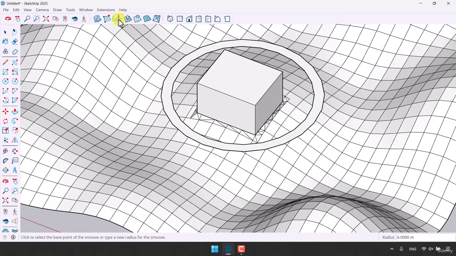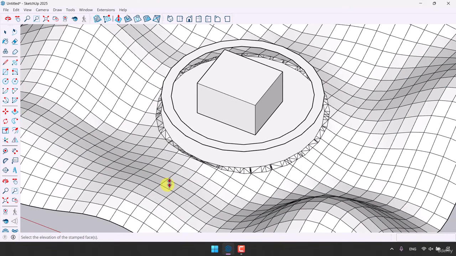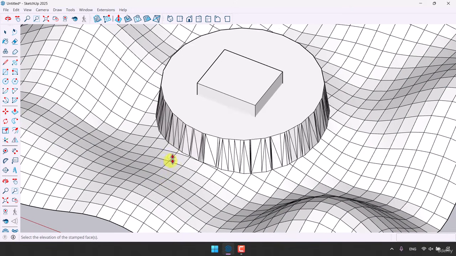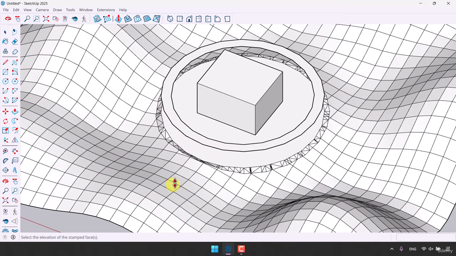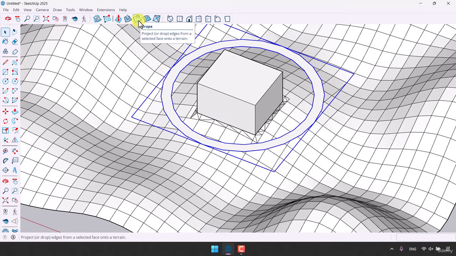If I select it and click on the stamp option, what happens is that SketchUp can't detect the layer. It will detect the whole circle, so it's not really useful for me. In SketchUp, I can only add this path on my topography one way, and this is the only way that we have right now. So for this option, you need to select your circle, click on the option which is named